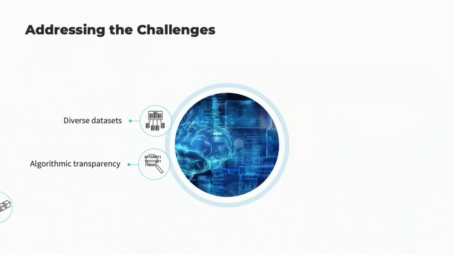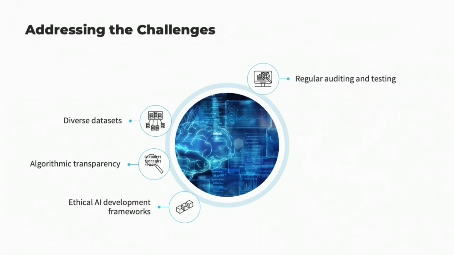This also means that, collectively, we should adopt frameworks that guide the ethical development of AI. This includes setting standards and principles that emphasize fairness, accountability, and transparency. There should be regular auditing and testing. And this is not a one-off. We should implement continuous auditing and testing of AI systems to identify and mitigate biases. This should be a continuous process, as biases can emerge over time with changes in data and societal norms.